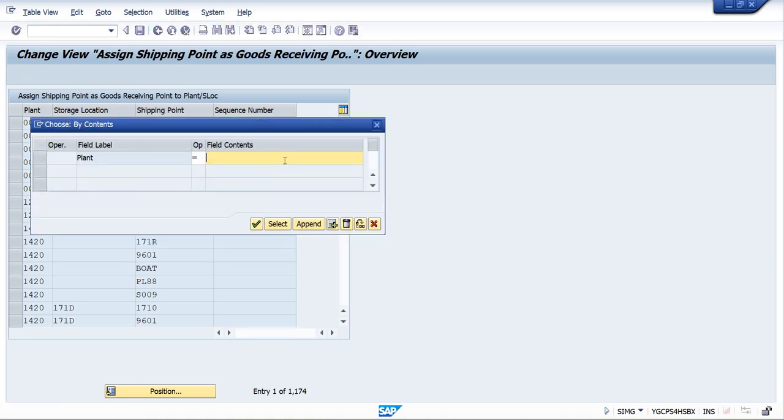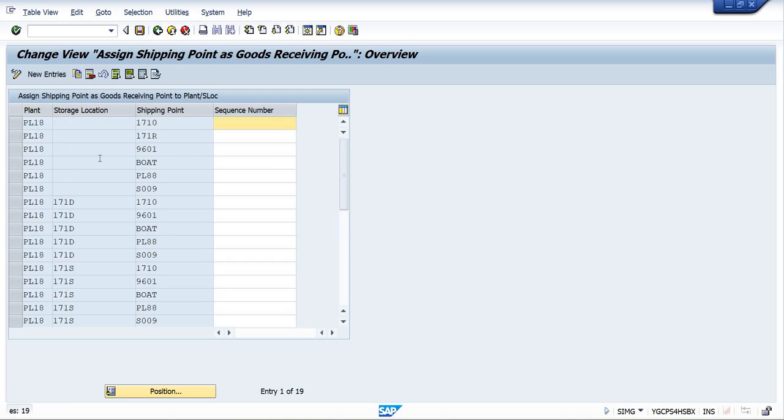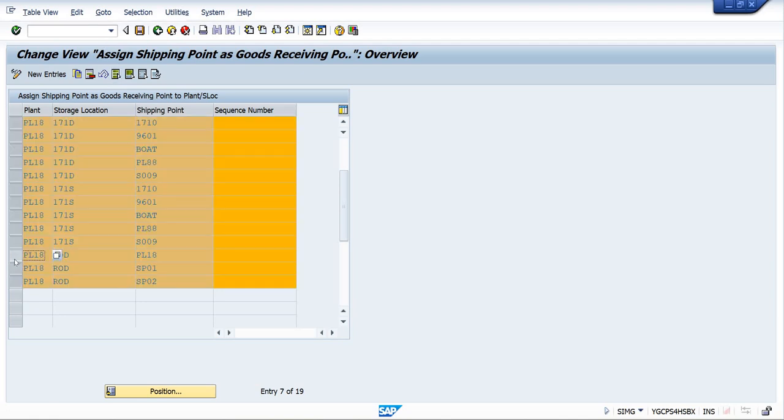Search by plant. As you can see, there are these many entries. And here we have our required entry. So I'll select all and delete